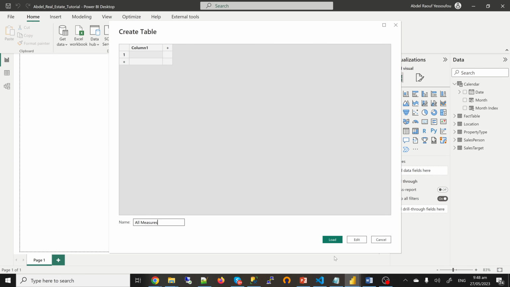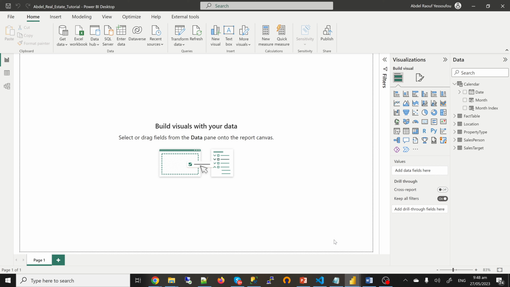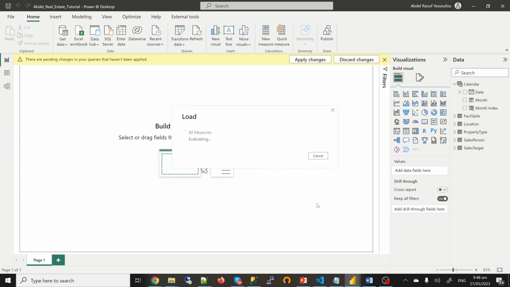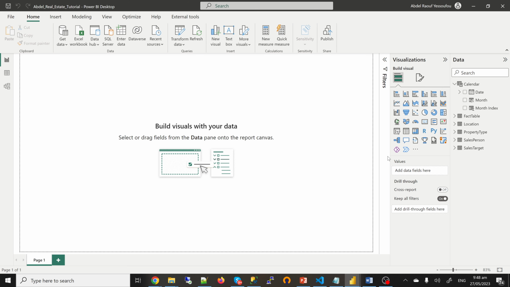All measures. Now for the measures, I need to create the quantity sold, sales total, cost total, target total. There is one thing I need to add to the fact table